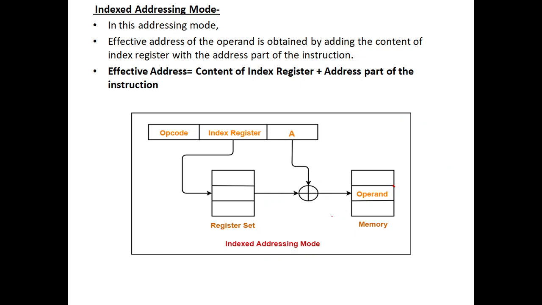When it comes to indexed addressing, the index register, we are going to have different registers. In that index register, contents are added with the memory contents. Then we are going to get the data over here. If you are checking, index register contents are added with the memory contents, so that we are going to get where the actual data resides. The actual data is in memory. So this is the indexed memory location.